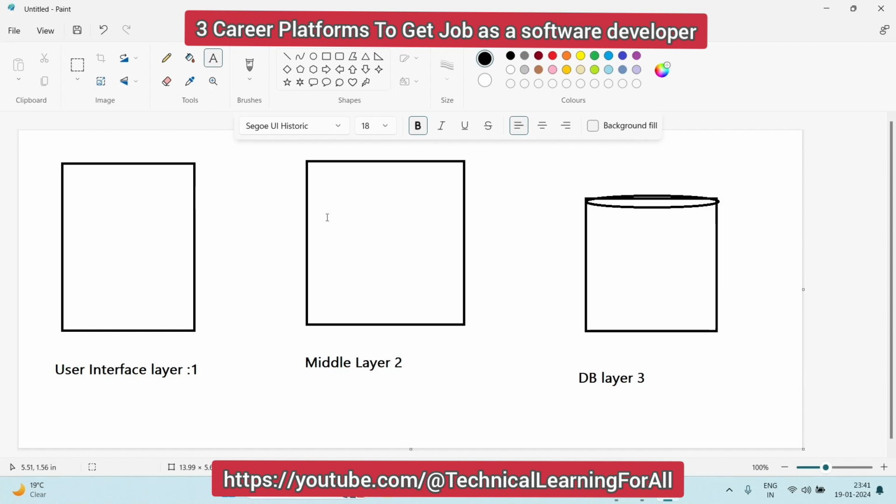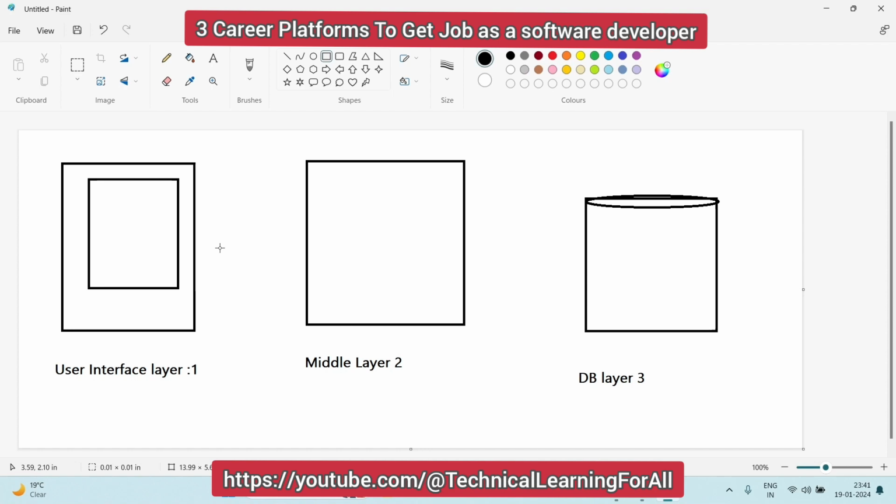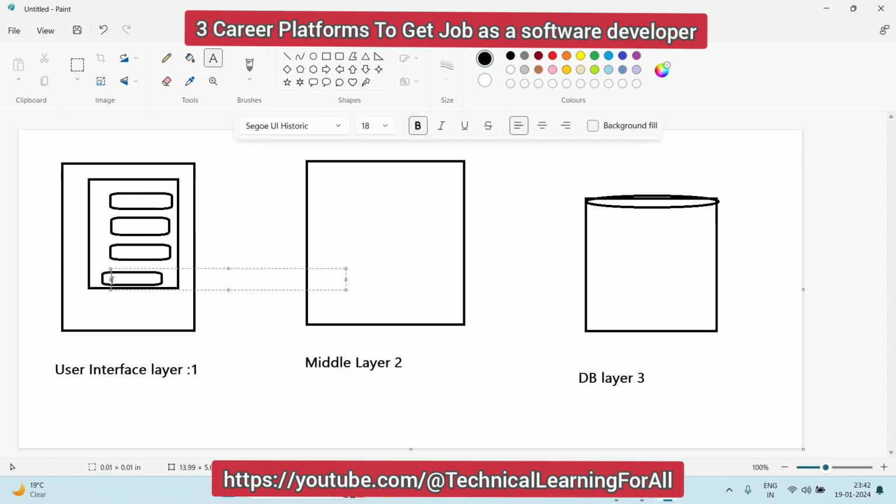For example, if you go to Facebook or Gmail and sign up, you fill in a form. You enter your username in this text box, then password, then your mobile number. You enter your information in the form, and then you submit by clicking one button. That button will be a sign up button, with Sign up as the caption.